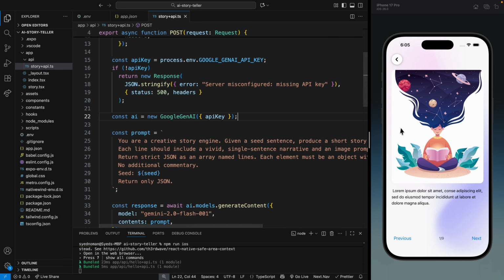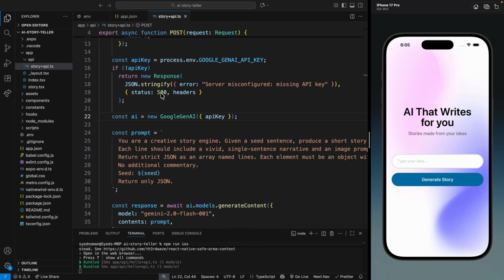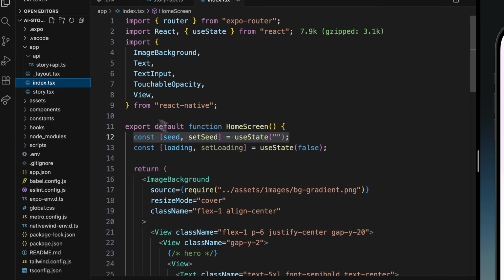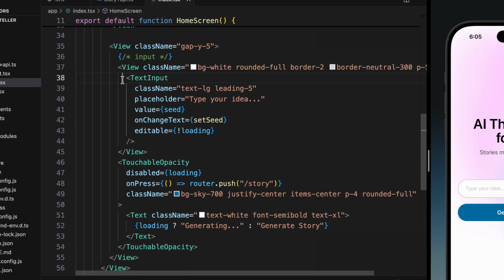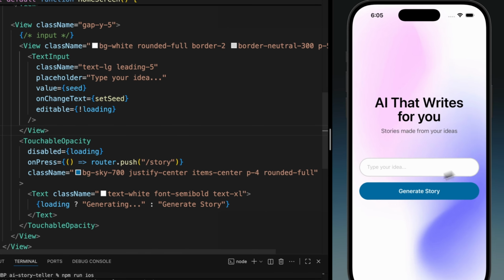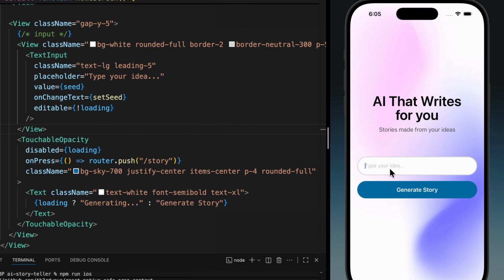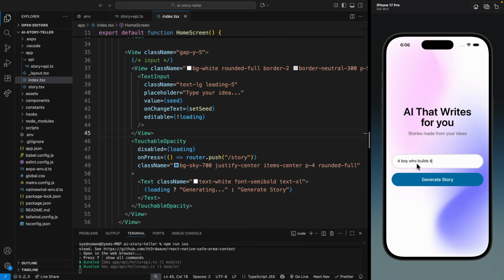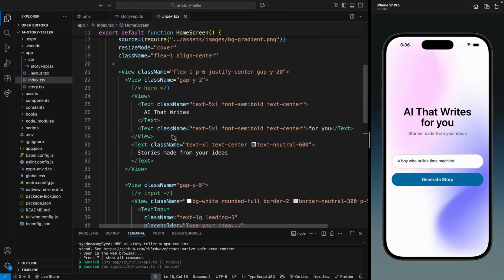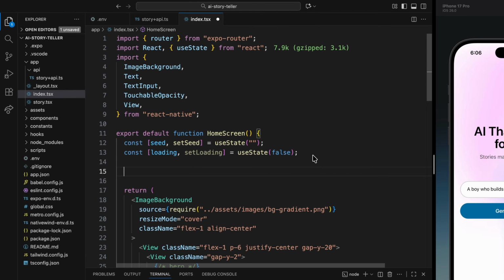Now we need to go back to the home screen and then implement this API. So let's go to the index page, and here first we need to use that in the input. We are already doing this. So once I write anything here, let's say a boy who builds time machine, and hit generate story, we need to call this API to build a story and then move to the story reader screen. So let's create a function here